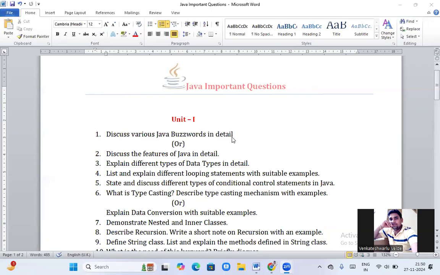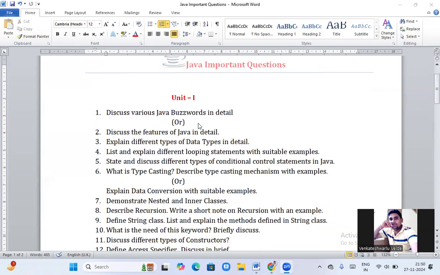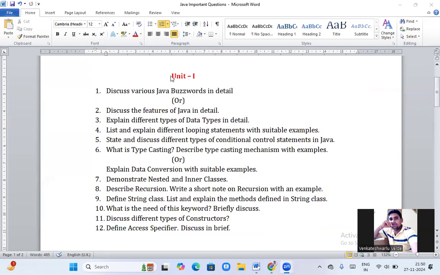Hi guys, let's today discuss very important questions that are frequently asked in JNTUH or in different deemed universities or in the private autonomous education institutions. As a part of the basic questions in Unit 1, these are the different types of questions like Java buzzwords,